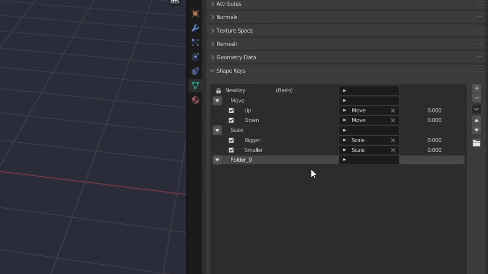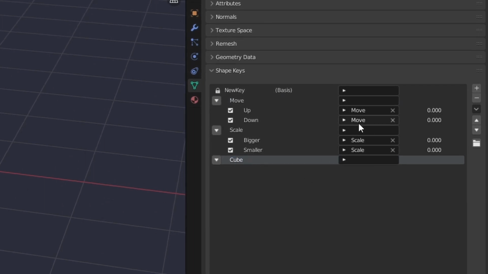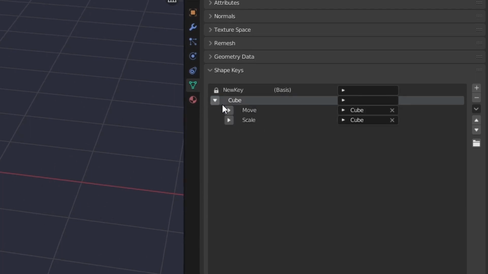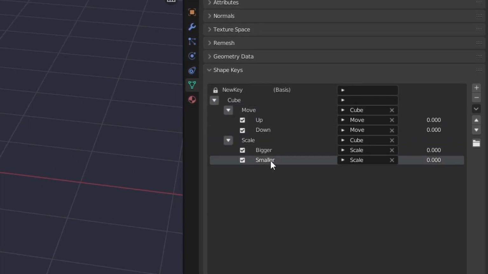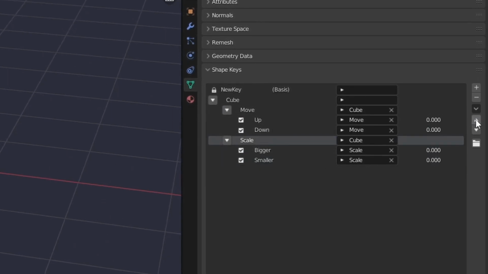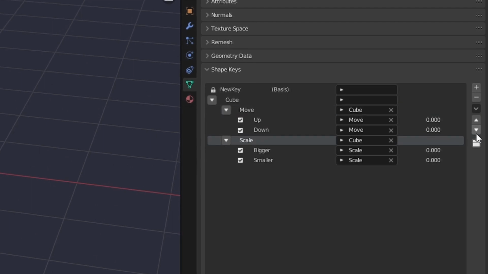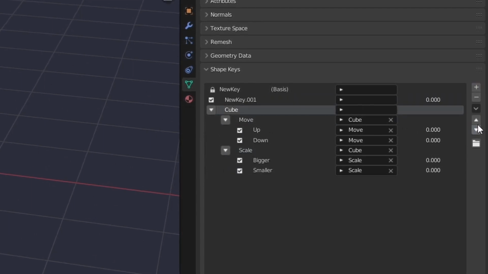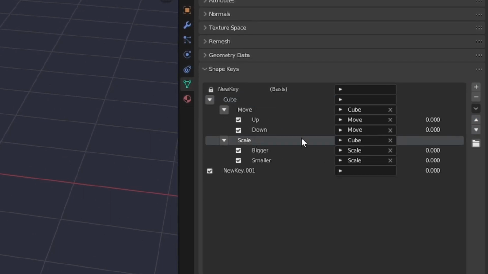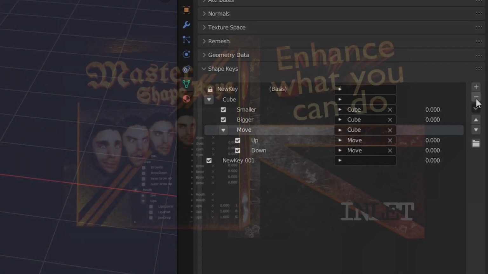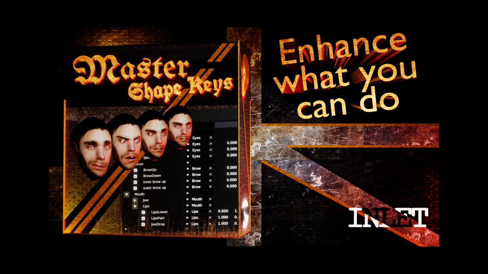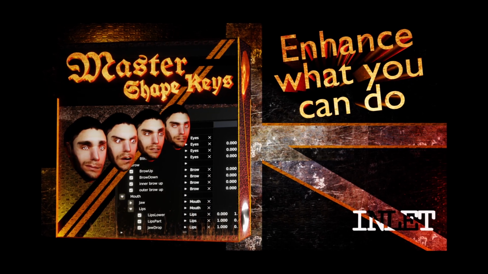If a shape key is within a folder, it keeps itself tidy by staying within that folder. Moving a folder moves all the children with it. Deleting an open folder will change the folder of all that folder's children, while deleting a closed folder will delete the folder and everything inside of it. The name and order of shape keys are preserved upon exporting. So when importing your model to Unreal, for example, your hierarchy is preserved, even if the folders themselves do not export. The rest of the features that follow are in regards to Master Shape Keys only, although Master Shape Keys does include Shape Keys Collections.